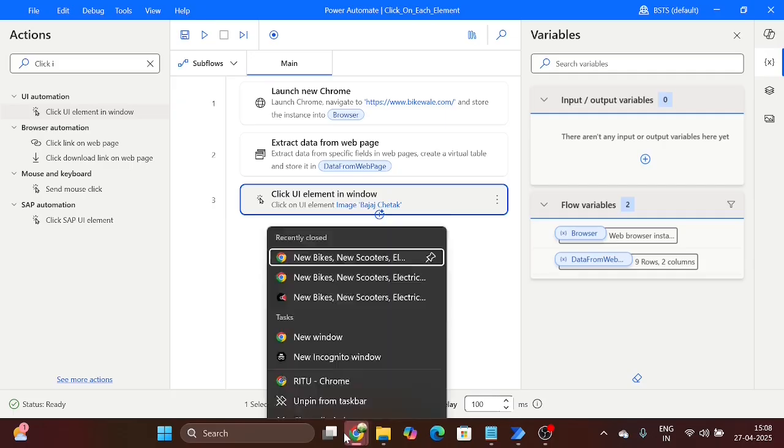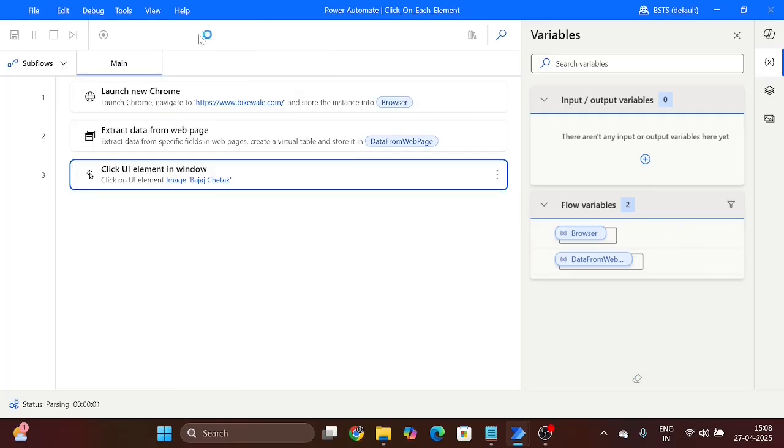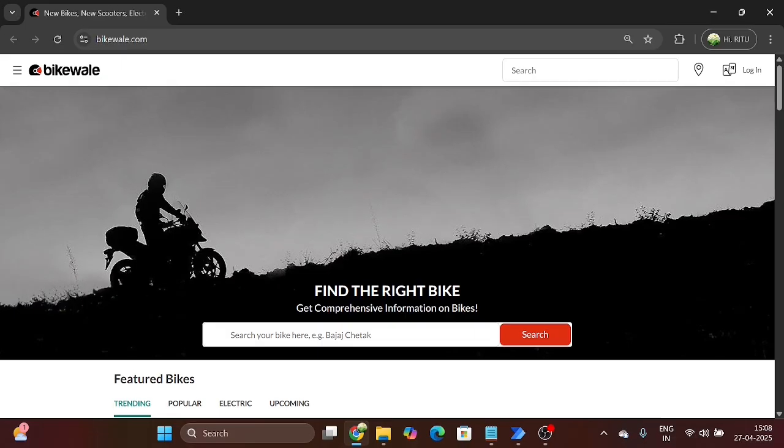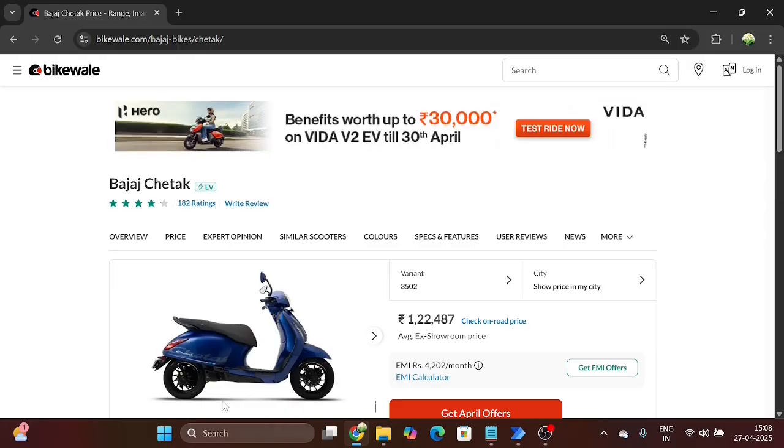First let me close all Chrome windows. Now test. You can see it is clicking